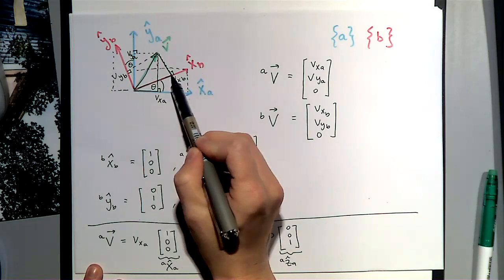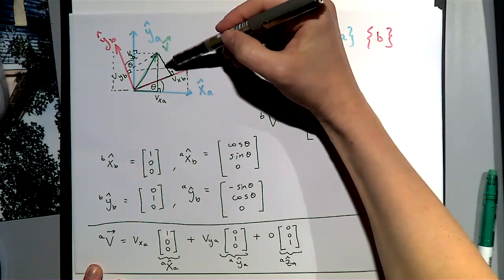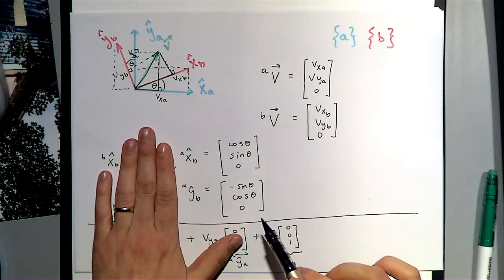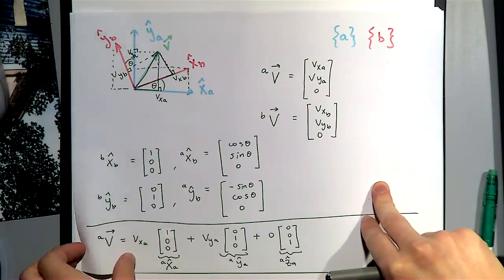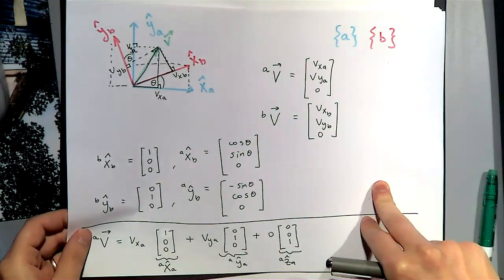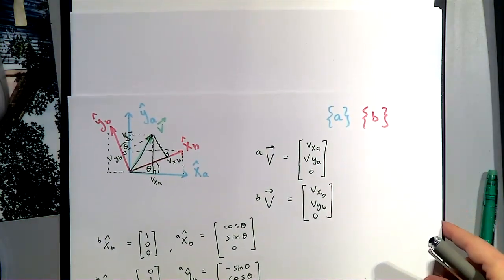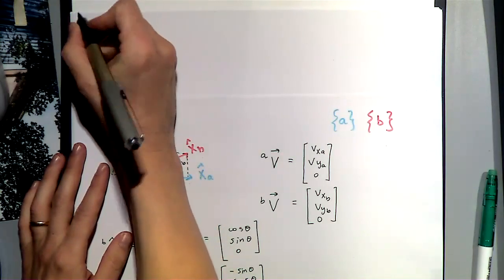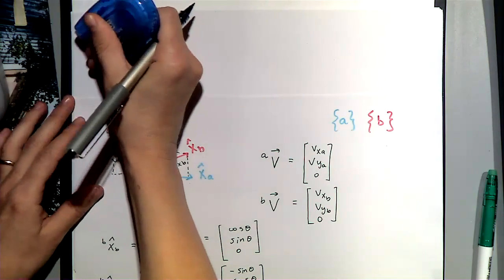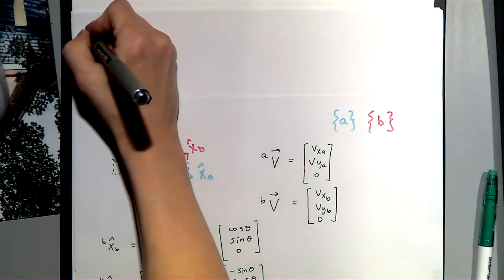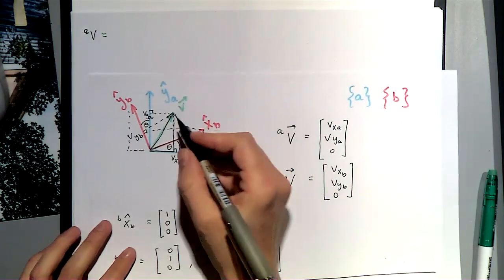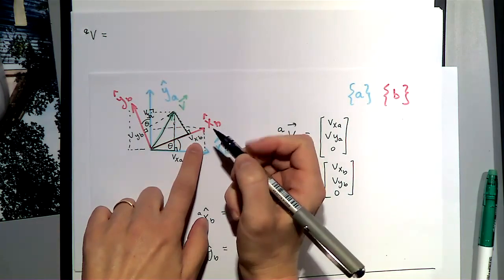Because I already obtained this direction and this direction in frame A. Here. So I can also do V in frame A as that amount, which is